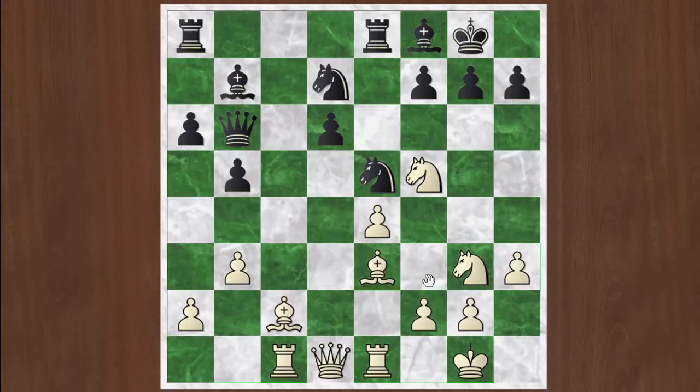Now I can move my bishop with tempo. Bishop to e3 hits the queen. And he can't really walk into this, I can attack that piece. So he really has to move the queen. The queen doesn't have many good squares. If it goes to